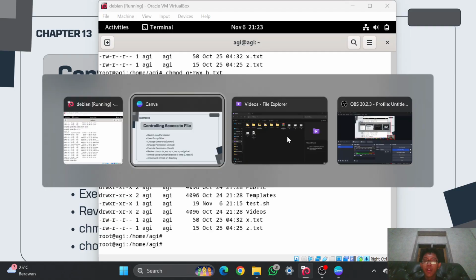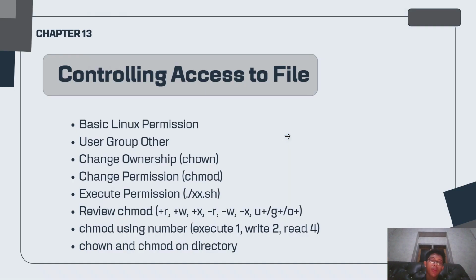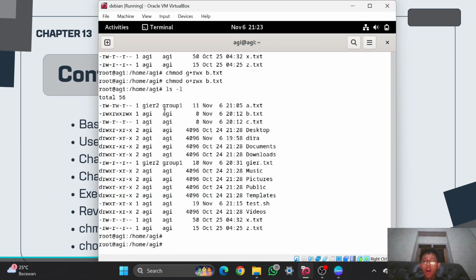And for example, if you want to remove some permission, you can use negative instead. So in here I will try to remove write and also execute on the other, on this file b.txt. So you can use chmod and then o, because I want to remove the access on the other, then negative, I want to remove write and also execute.